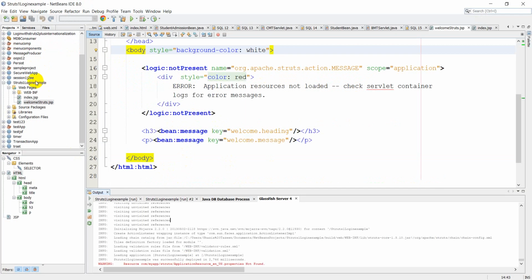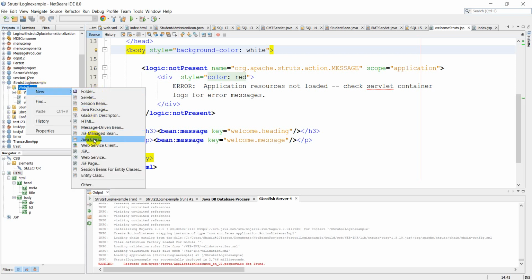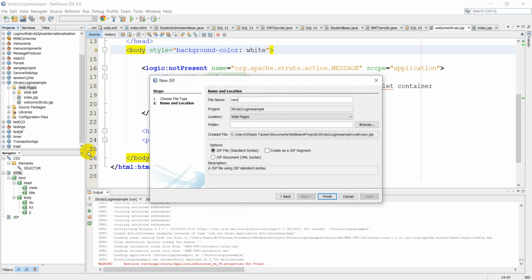Moving ahead with the next thing, let us take three web pages. First web page, I'll take a login page. Second one, I'll be taking a success page. And third one, I'll be taking a failure page. So let's take the first JSP, and the name of the JSP that I'll be giving here is login. Can place it in the web pages folder. It is there already,